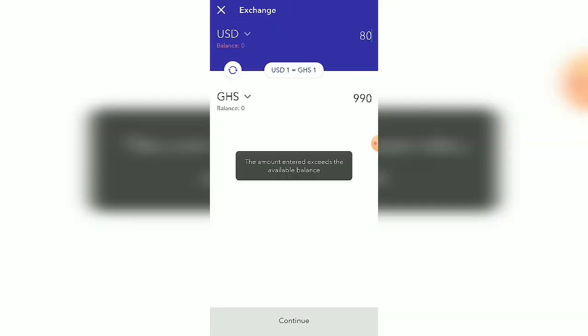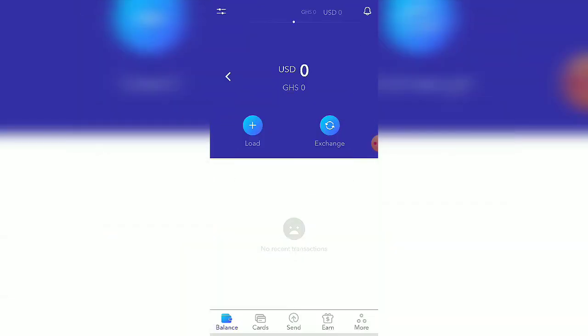Yeah. So if you want to keep the money in your dollar account, so let's say when the dollar increases to, let's say, 15 cedis, 20 cedis, then let's say you deposit 1,000 in your dollar account, and right now the dollar is 15 cedis. Then that means you have more interest, and if you want to withdraw it, then you exchange your USD to Ghana cedis. And after that, if you want to withdraw the money, you go here,